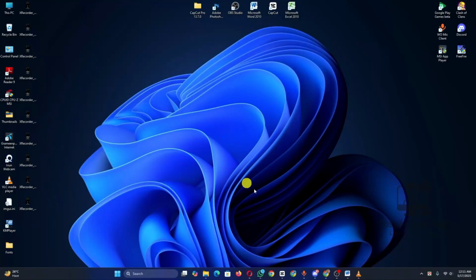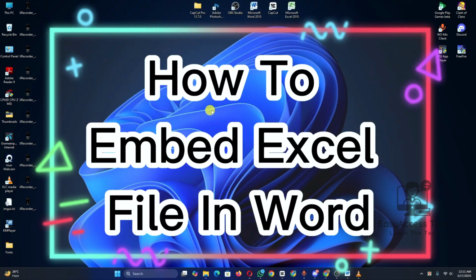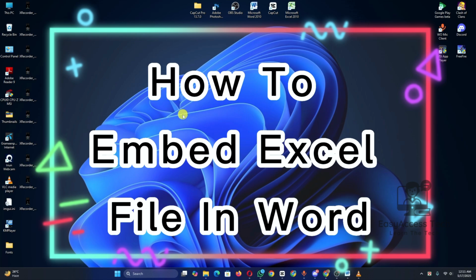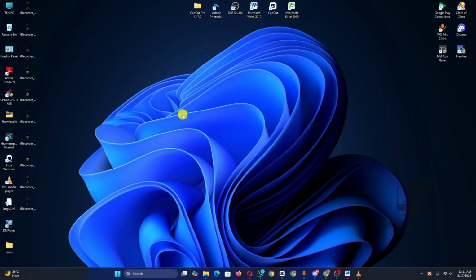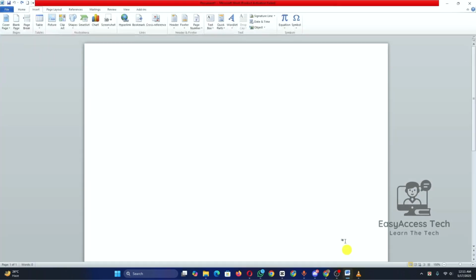In today's tutorial, I'll show you how to embed an Excel file in a Word document so that you can easily share data and spreadsheets within your reports or projects. So let's get started. First, open your Word document and go to the place where you want to insert your